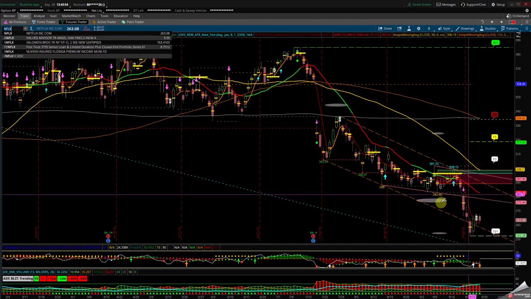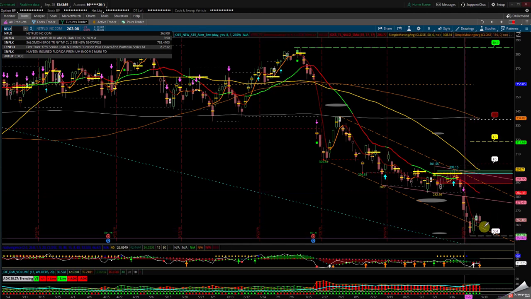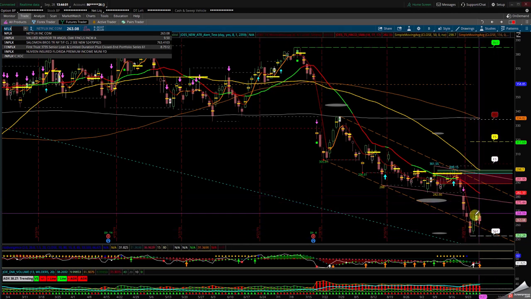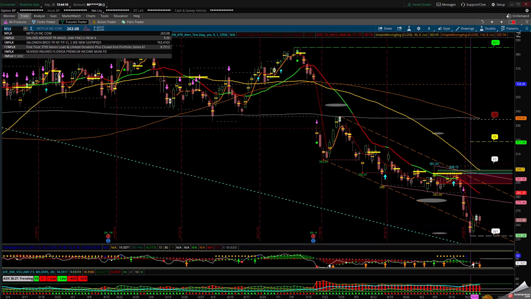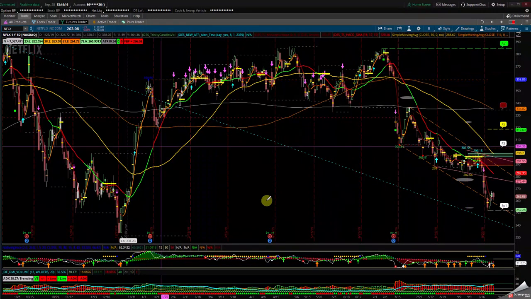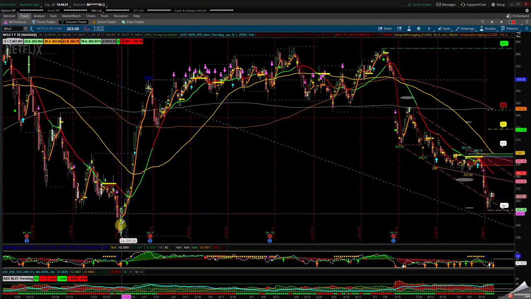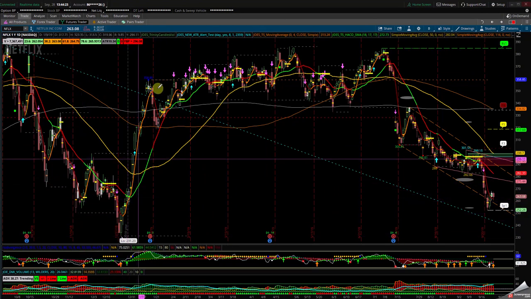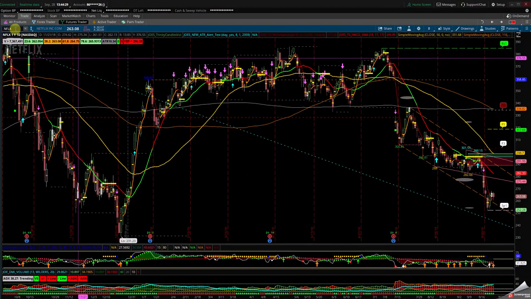Remember those ovals I had? So in order for Netflix to come back up, it has to clear those three tops in this candle, which is the open of it, in order to continue up. If not, look back to the downside of this channel down here, and let's just zoom down a little bit to show you where I drew this from. This was the prior breakout in it, which is no longer valid. This is the consolidation. You can see this area here. We went a little bit below and went straight up. If Netflix holds this area, it can come back up. Let's see what the market does.